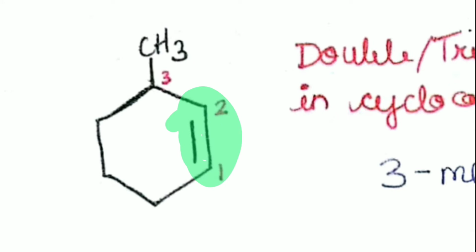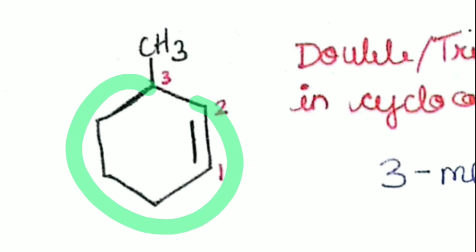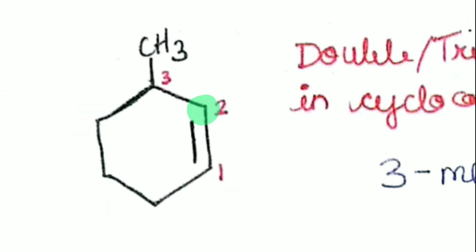So what if we would have given number 1 locant to this carbon? What would happen then? If we would have named our carbon chain from this side and we would have gone clockwise, then this would have got 1 locant and the methyl group would get number 6 locant. In our anti-clockwise direction naming, the double bond is getting 1, 2 locant, but the methyl group is getting number 3 as the locant. So since 3 is less than 6, we'll go with our anti-clockwise numbering and not the clockwise numbering.